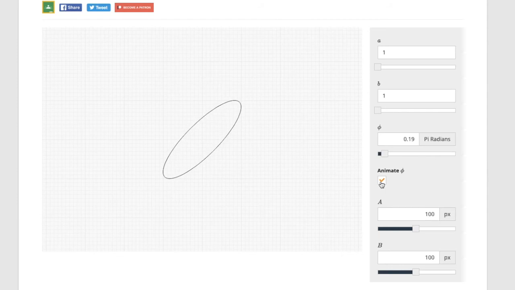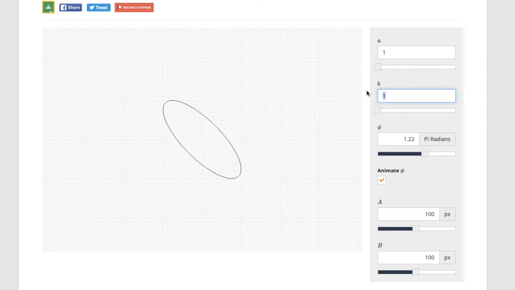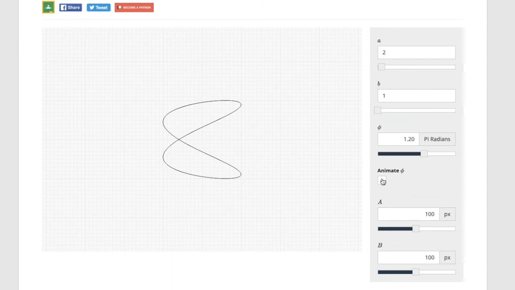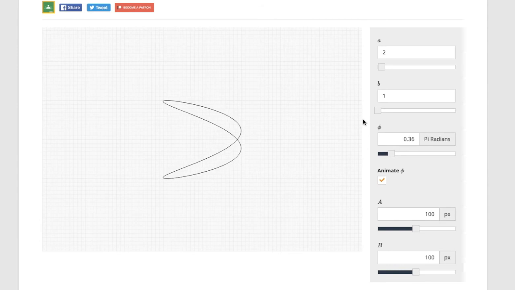So it looks like a rotating circle with respect to the vertical axis. It's a slanted circle. However, if I try to double the frequency of one signal, for example, the frequency of the second signal, the pattern looks like this. What if I try to double the frequency of signal 1 with respect to signal 2? Notice that the pattern is now symmetric with respect to the horizontal axis, and it's rotating as if its axis